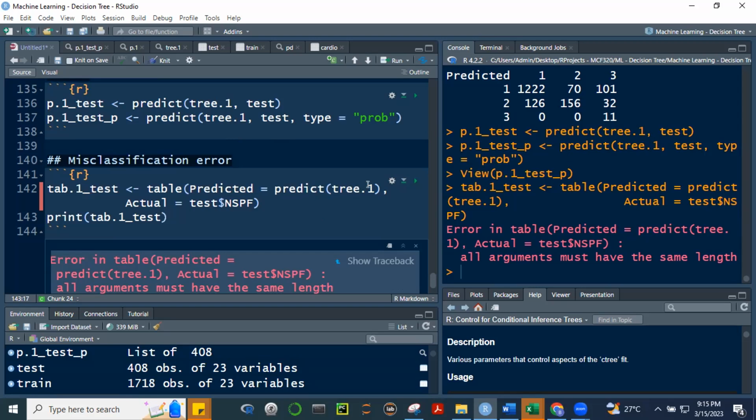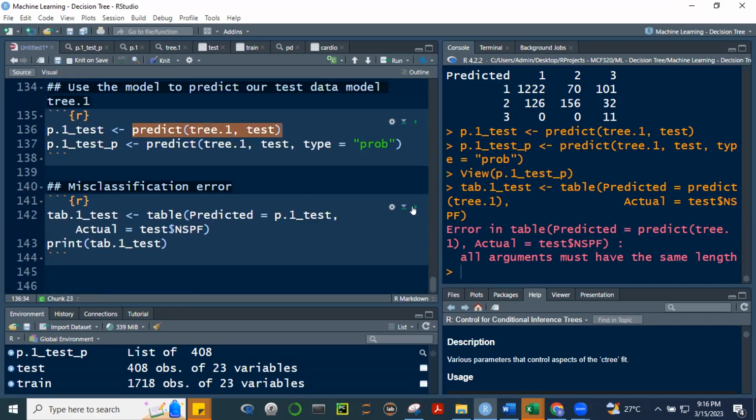Dapat 3.1. So dapat, sorry, dapat ito. Yung test, no? So, alright, kasi yung P.1 underscore test, ang laman niya ito. Alright, so we're just saying that the predicted value should be equal to this one, which is equal to this one. Yan.